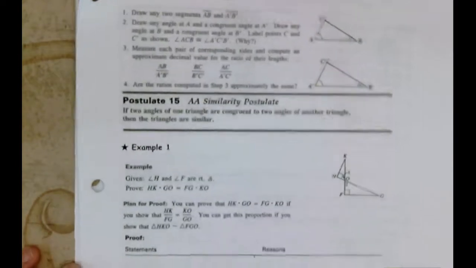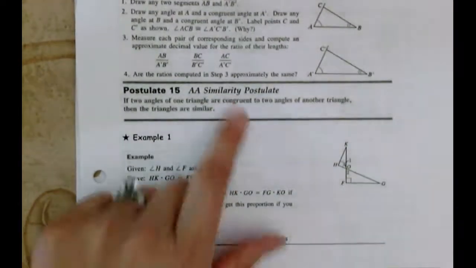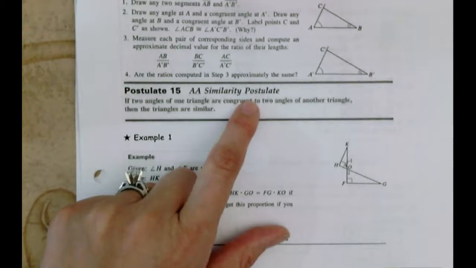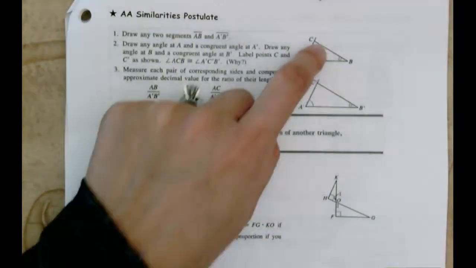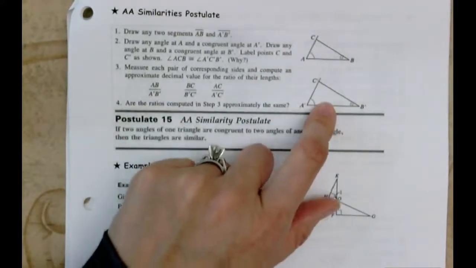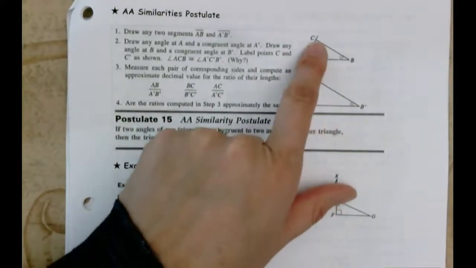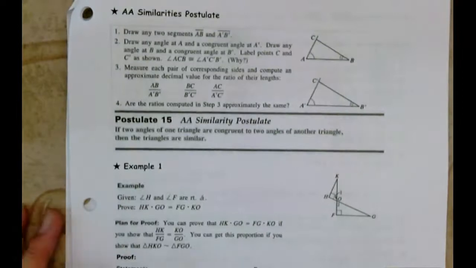Okay, so that's example 1. I guess we are not proving the postulate because this is a postulate. We can't prove it actually. Yeah, so this is accepted as truth. That if two angles are congruent, then triangles are similar. But since if you know two angles, you know the third angle, you just need to know the two angles. Okay,